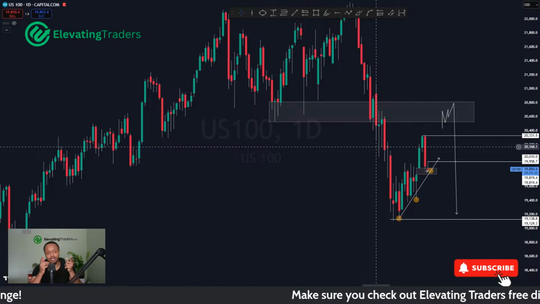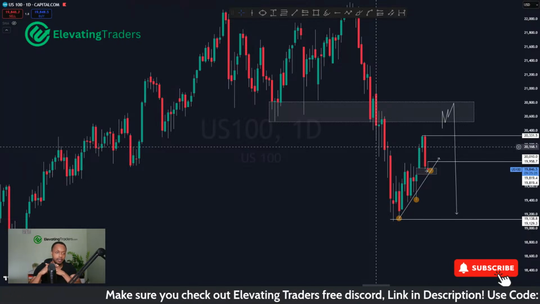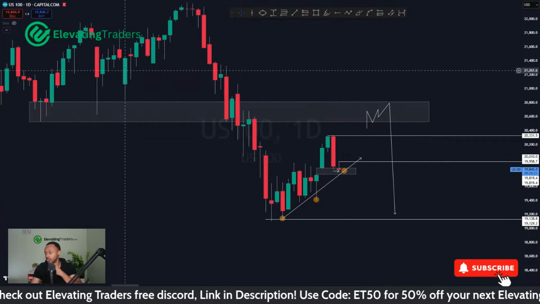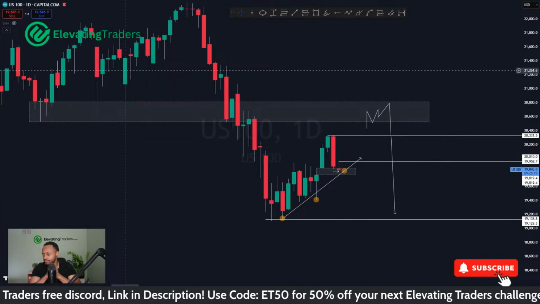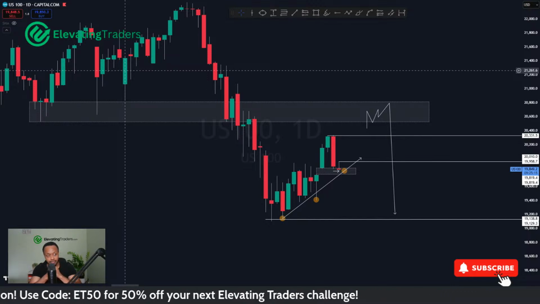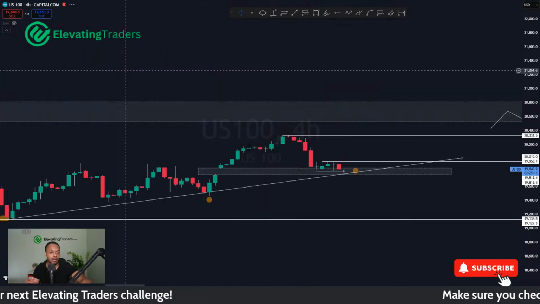So if we are going to go test that, most likely we need to find some support at some stage and keep pushing up. And here's a nice time to find that as well. So yeah, I do agree with that. Darkshine, I think that's a nice place for a buy. It looks like the gaps are going to fill. And once they're filled, it could be a nice spring to take price higher.